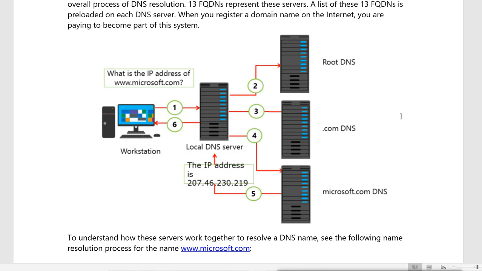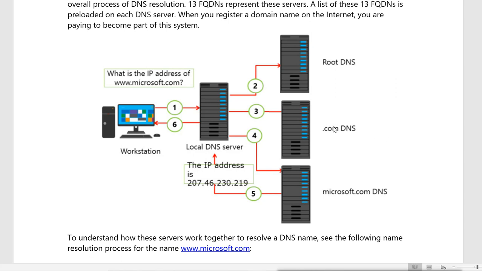So if anyone wants to access Microsoft, this com server will give the IP address of that DNS server, the authorized DNS server of Microsoft. So when you register your domain, your records go to the com server, net server or any other top level DNS server, and your records are your domain name and your DNS server's IPs.